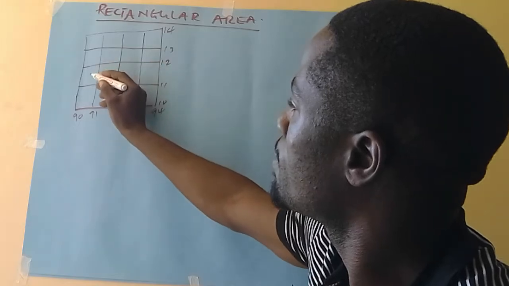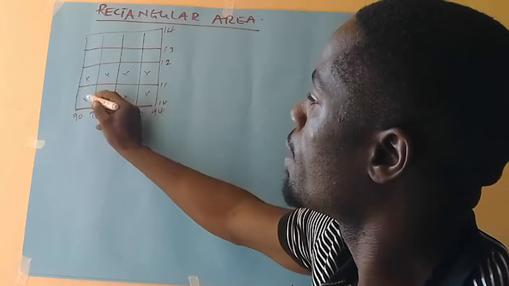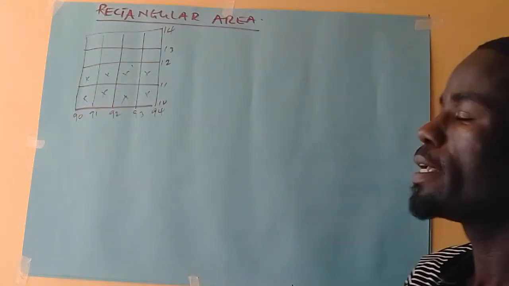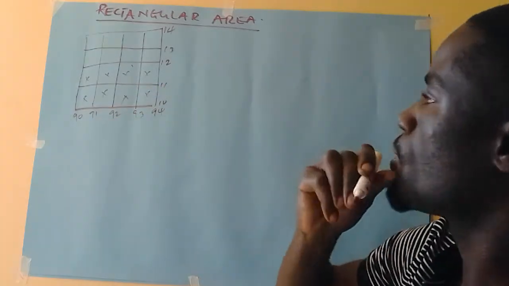Let me use this to give you an example. Assuming the area was maybe a game reserve, they want you to find the area covered by the game reserve. So as I told you,